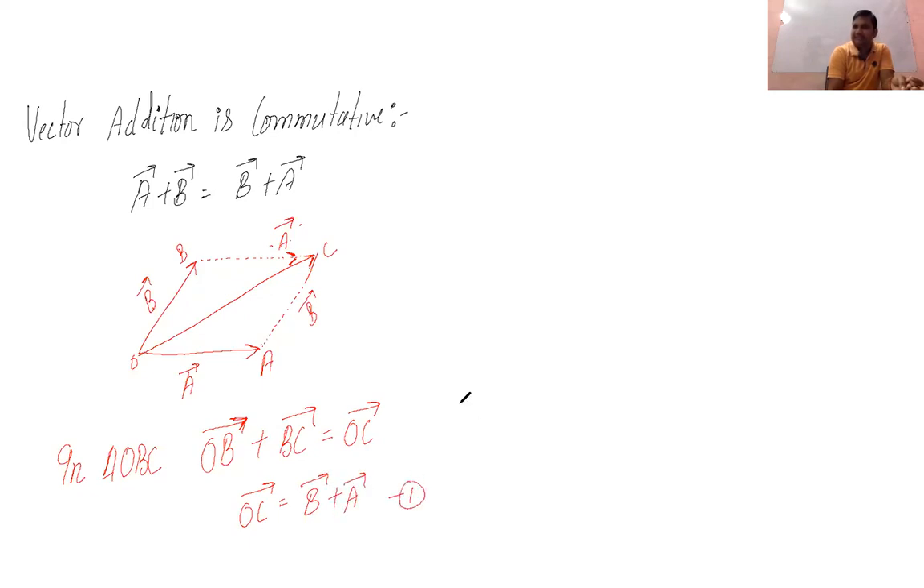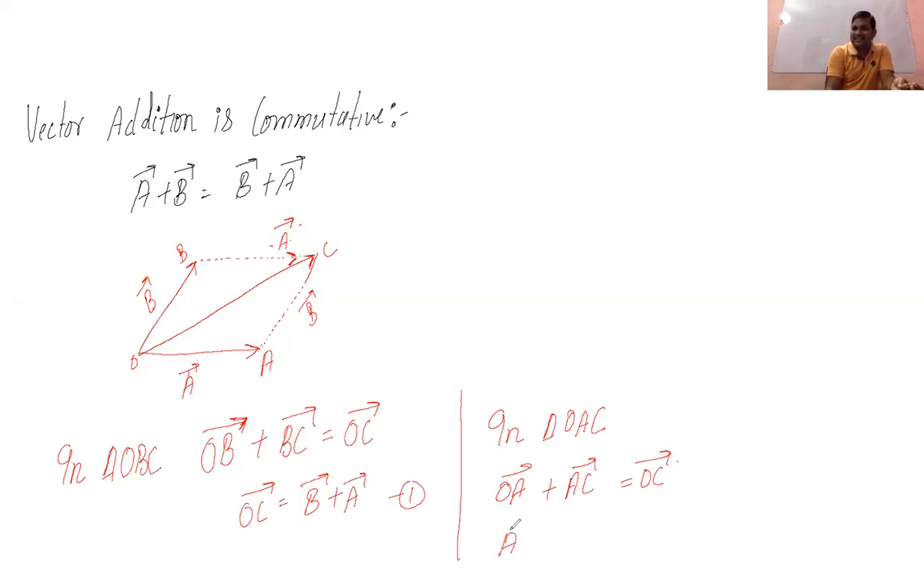This is the first equation. Now you can see in triangle OAC, what can you write? OA vector plus AC vector is equal to OC vector, isn't it? And this OA is